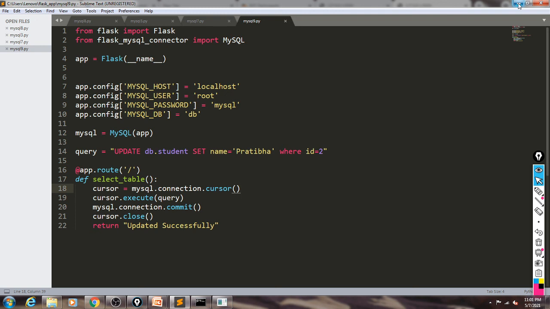Now from the next video we will see Bootstrap programming and how we can use Bootstrap in Flask, and how we can connect MySQL, Flask, Python and Bootstrap collectively, and use it in our project demonstration. So we will see in the next video how Bootstrap can be used.